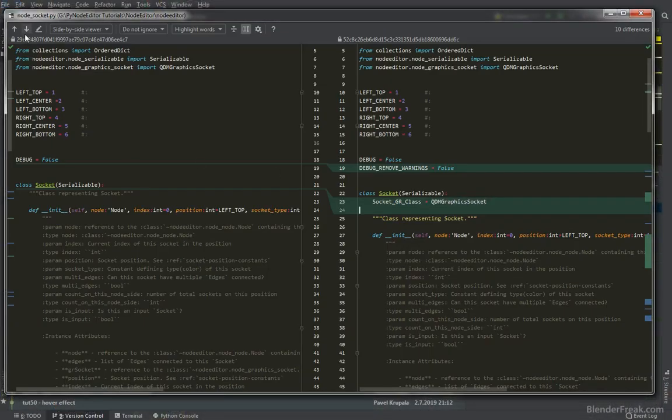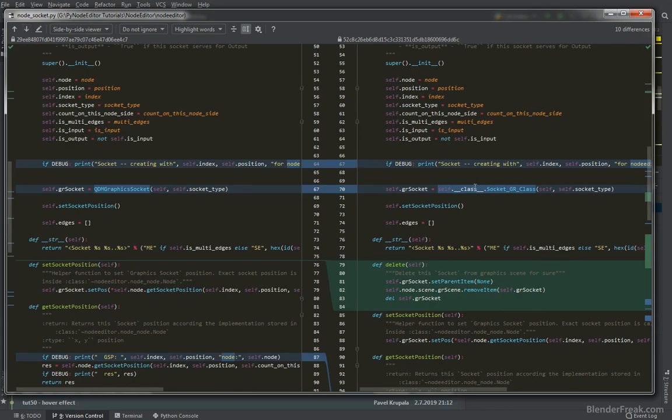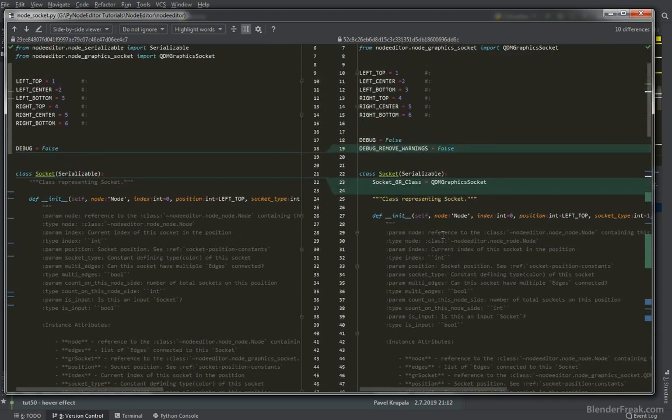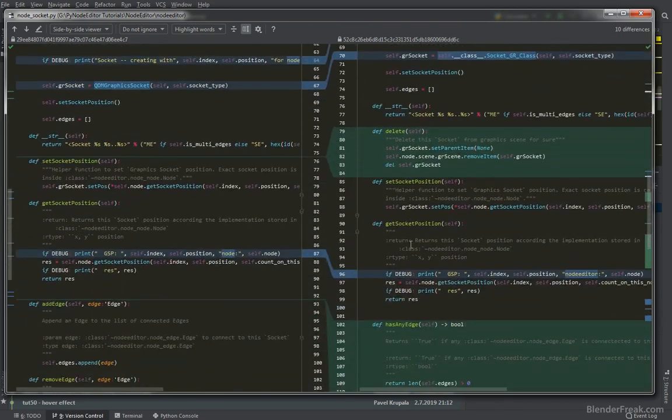And let's go through the changes. Here is some cleanup in the debug. Here you can see the change. Maybe at some point of time it would be nice to create also a method called like get gr socket class or something to be able to provide the user the possibility to override it like this or with a function. However, we got a new delete method here, and this one is deleting the socket from the scene, and